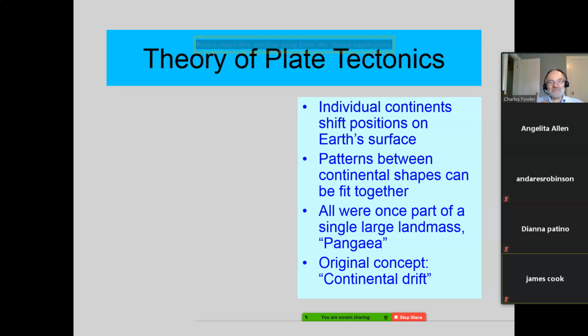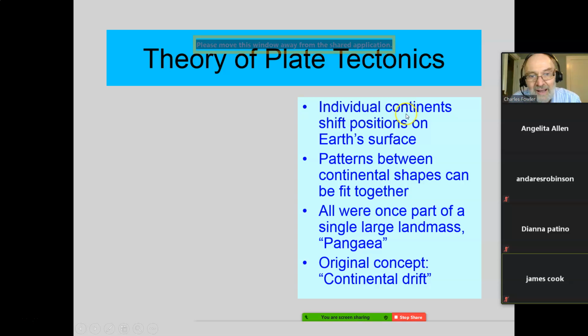And CAT scans and PET scans map out things inside your body without having to cut through it and see what's there. Well, this is saying we're using seismic waves to put together the picture of what the Earth's like underneath, without being able to go down and drill into the mantle and into the core. We couldn't do it if we tried. And if we did, we'd probably make a huge mess out of it anyway, but we can't. There's just no way. So here's the theory of plate tectonics. Okay.